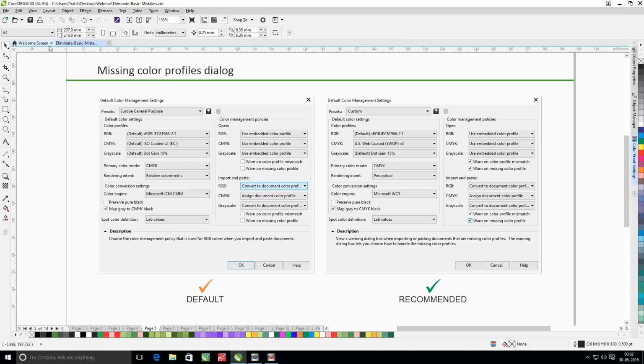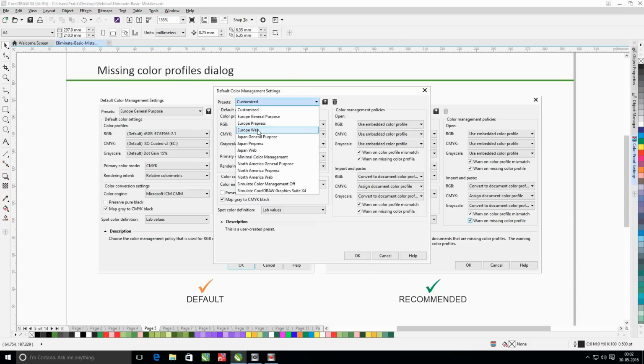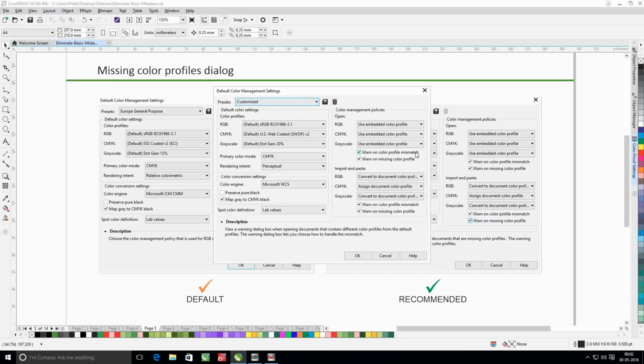And let's say when I go to Tools, Color Management, and Default Settings, there is something called warn on color profile mismatch, warn on missing color profile while opening a document, and import and paste document. So here there are some options that the user can select for what needs to be done for each of these actions.